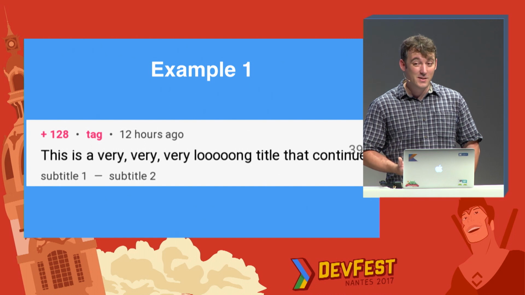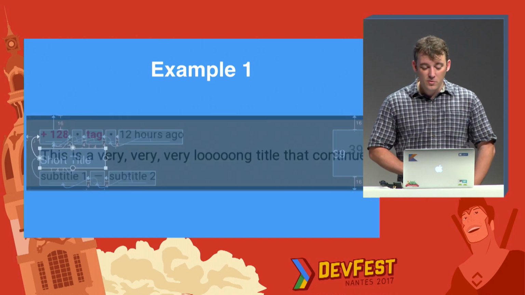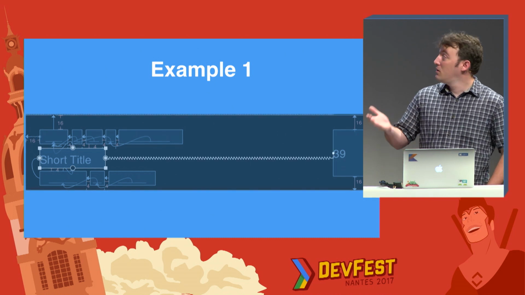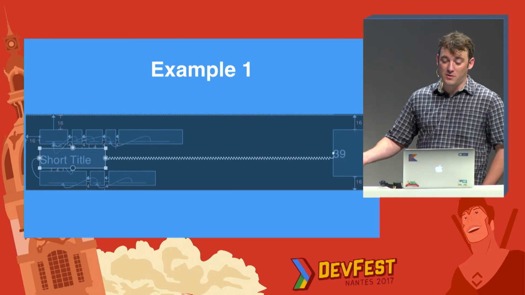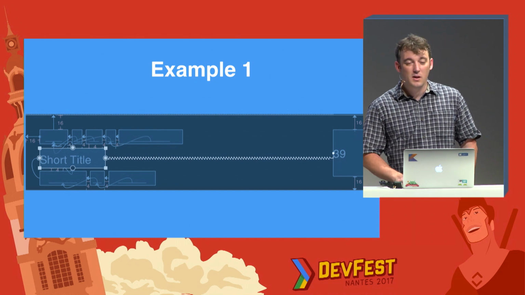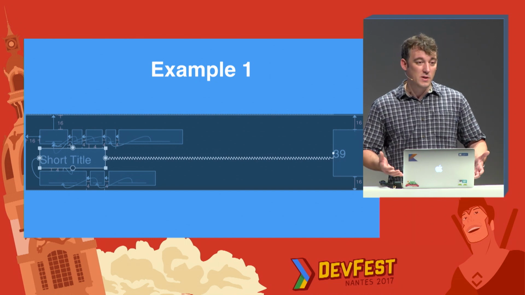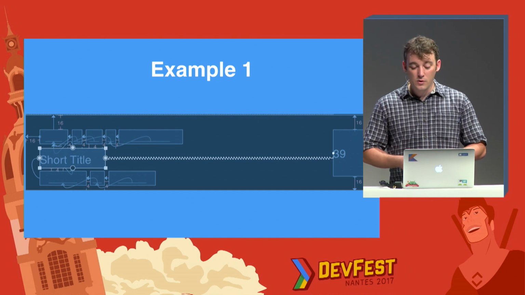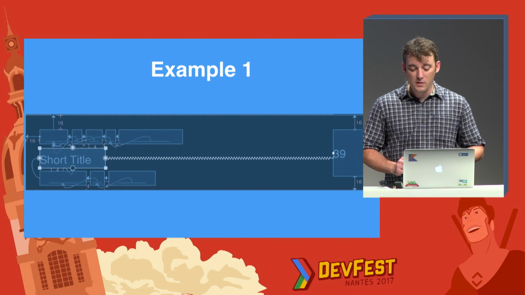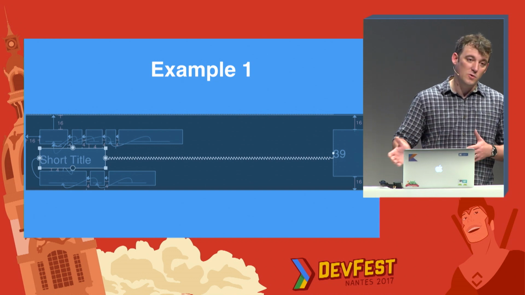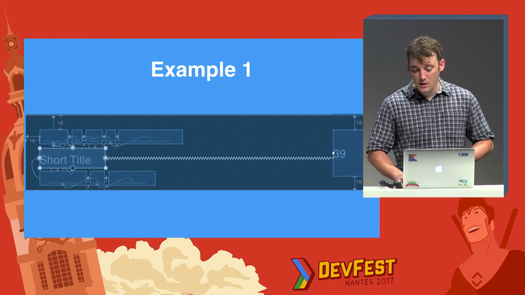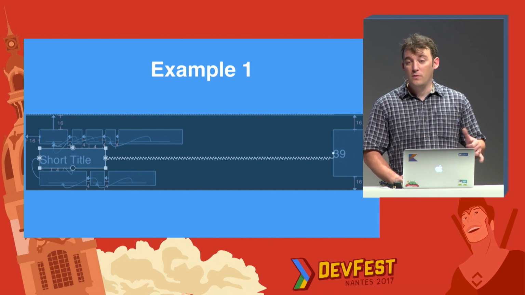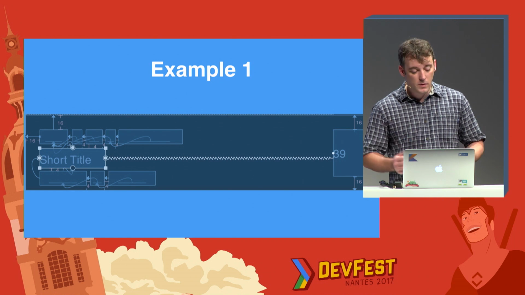So how to fix that? It's actually not too complicated. You just need to add a constraint from the title to the icon. But there's a trick here. One is that it's going to set up a center connection. As we said, if you've got two opposite constraints, it's going to center. So if you do that, you have to remember to set the bias to 0 because you want everything tacked to the left. And the last thing is, right now the width dimension of the title is basically wrap